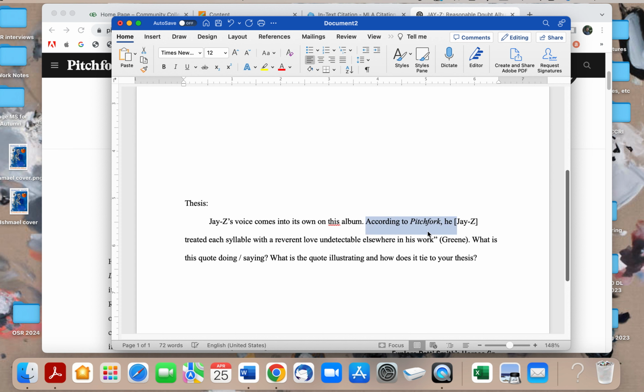You lead into it, you have the quote, and punctuation goes on the outside if it's a period. If the quote has another punctuation, an exclamation point or question mark, that would go on the inside. Just the last name. If there's a book or a scholarly journal with page numbers, you would put the name, 244. And that's it. There's no comma. There's nothing else. If there's no name, you would just put the first couple words of the article.